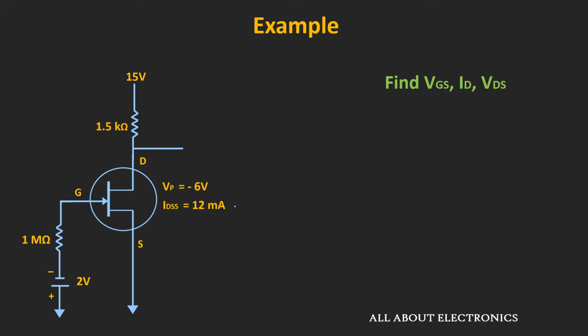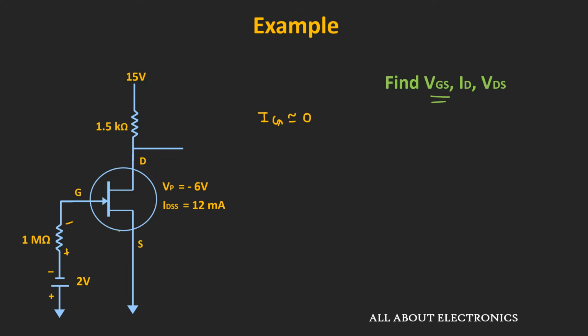So in this example, we have been given this N-channel JFET and it is configured in the fixed bias configuration. And in this configuration, we have been asked to find the value of voltage VGS, current ID and the voltage VDS. So first of all, let us find out this voltage VGS. Now, like I said earlier, for the JFET, the input impedance is very high, or we can say that this gate current Ig is approximately equal to 0. So considering this, there will not be any voltage drop across this 1 megohm resistor. Or simply in the equivalent circuit, we can consider this 1 megohm resistor as a short circuit.